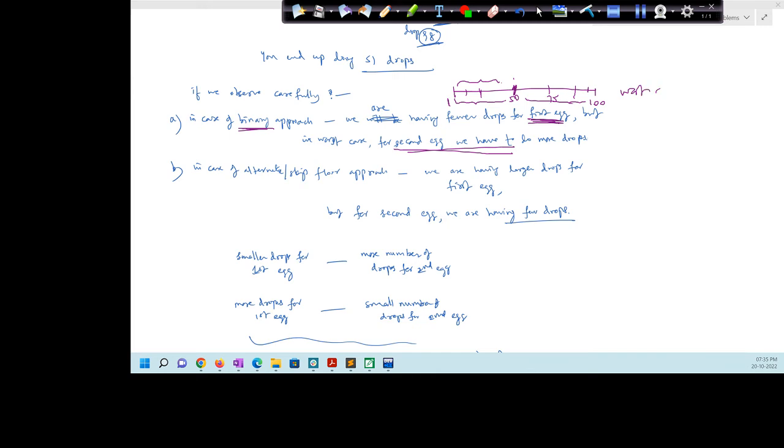In the worst case, what has happened? For the first egg, only one drop. You figure out that at the 50th floor, it broke. Then for the second egg, what has happened? We have to do 1 till 49, right? So 49 drops we have to do. So this way, if you have fewer drops for the first egg, then we are having more drops